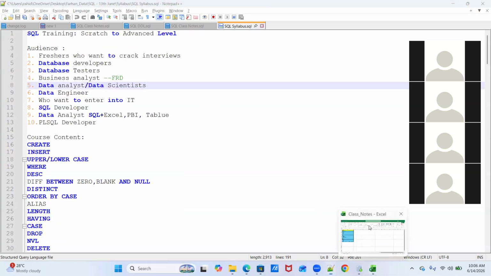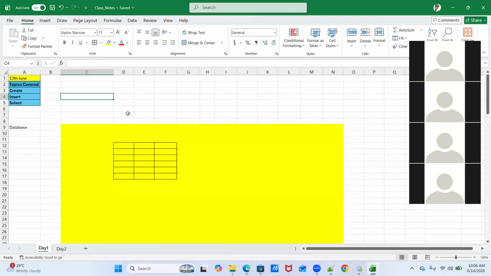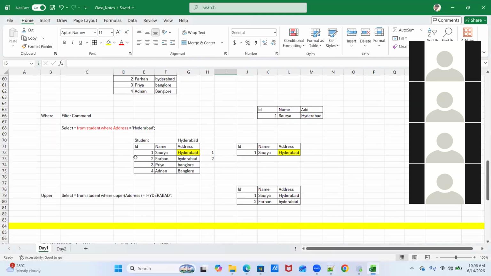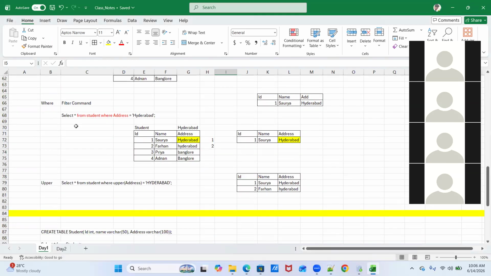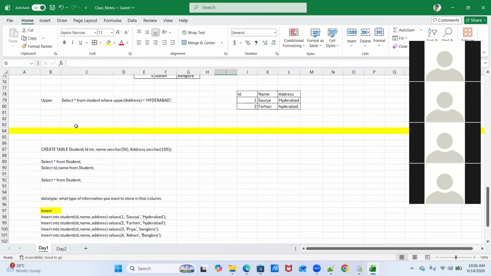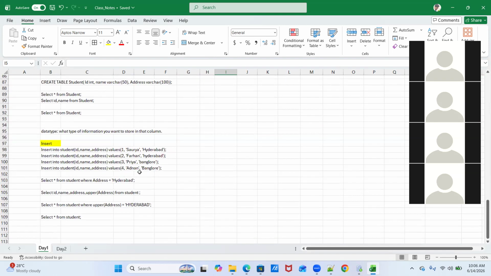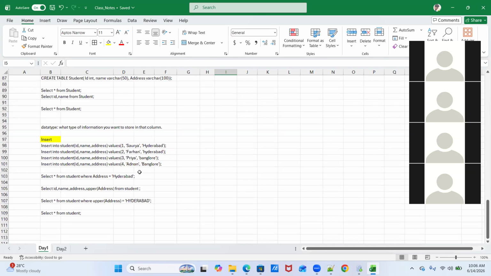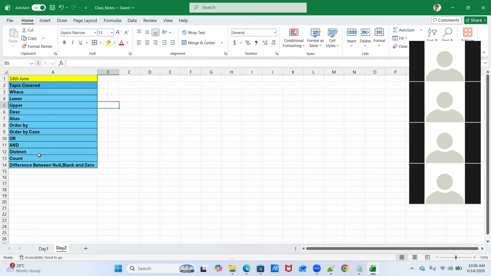So fine. Yesterday we covered basically the create, insert, and select commands. Select is a huge command, and throughout the session we'll be having so many select queries. Select is not complete, but at least we saw a basic select query and how to write it. And then how to create a table and how to insert data into it. Now today our agenda is to cover all these concepts. We'll see how much we'll cover in this 2 hour session.